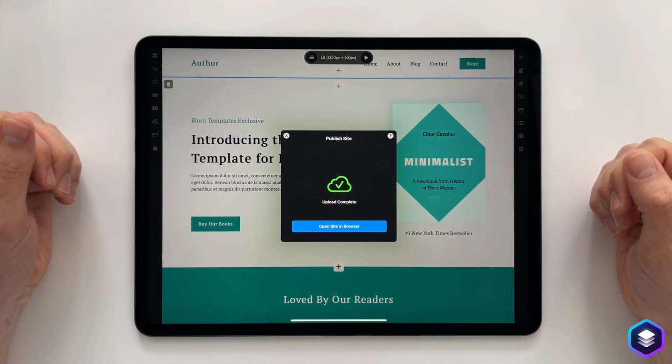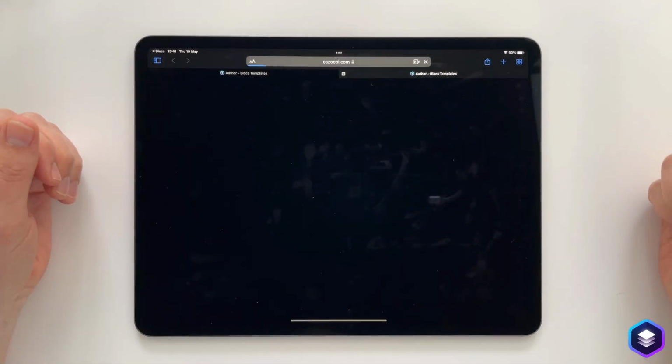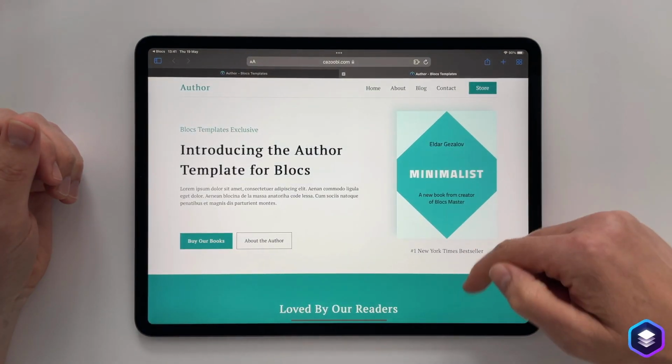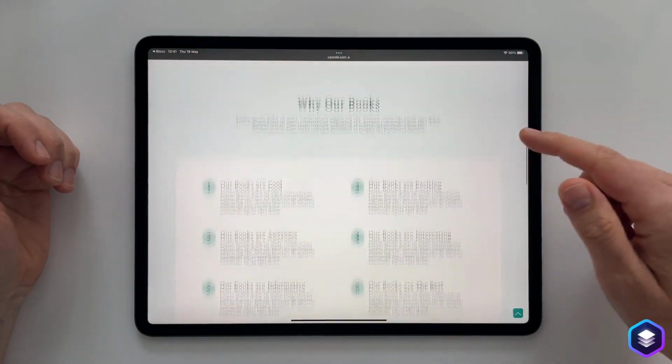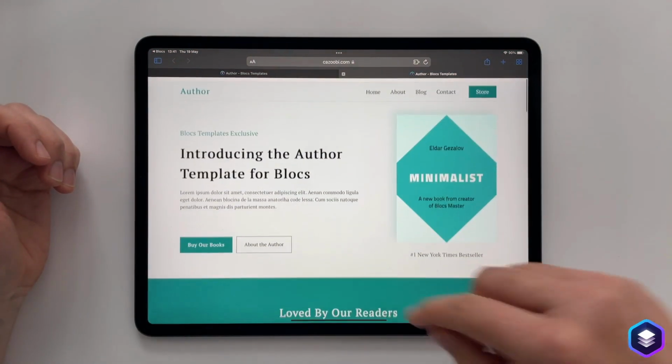So we're almost done. Yay! We've uploaded. Let's open the site in the browser. There we go. There's the website, all built in Blocks and then published up